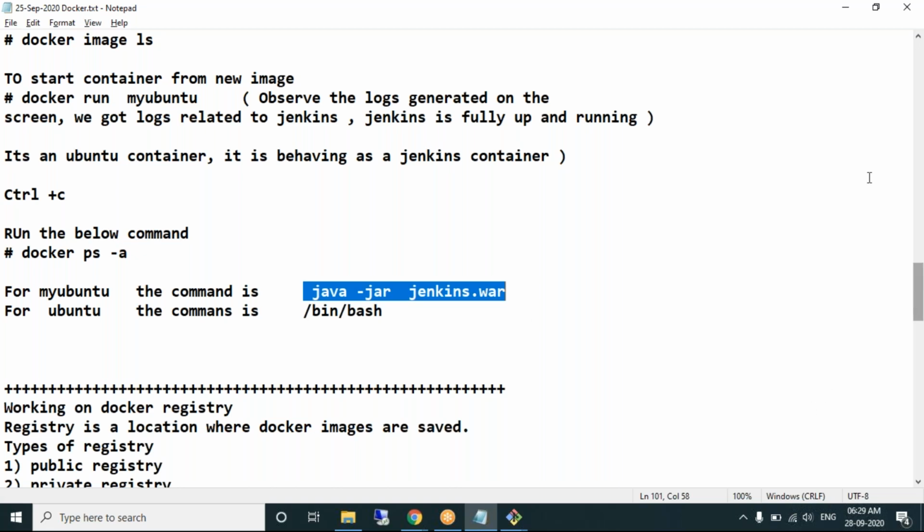Sunil, one doubt. Why does the client need to change the default process of a standard container with some other container? As I told you, changing the default process is a very rare scenario.